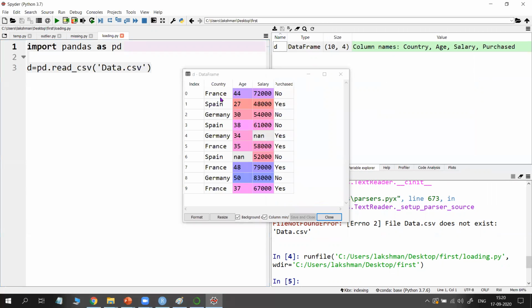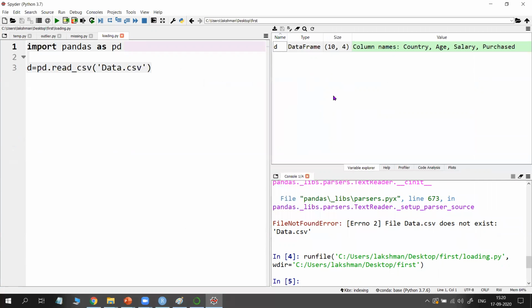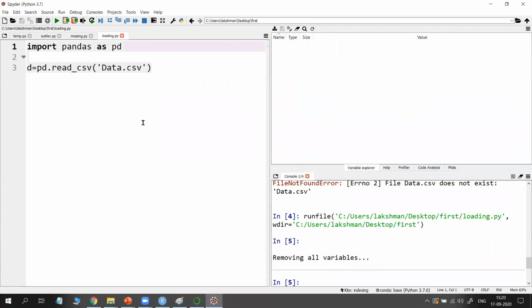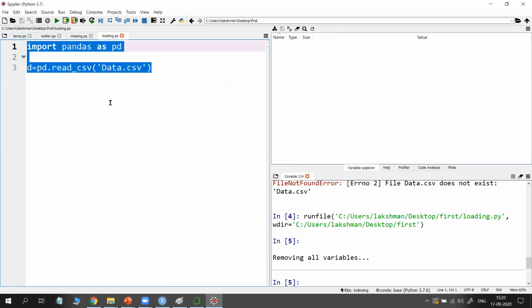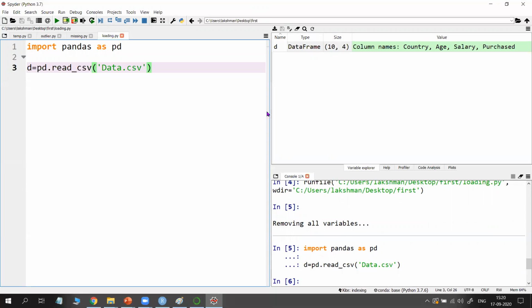If you open D, see, the dataset came here like this. But if you want to do it from the start, for example, see here there is a button, you just click and remove it. Now try to execute these two lines. Select and F9. See, only two lines are there. Without selecting, you can also just click run. But as in our machine learning algorithms in the later sessions, I am showing you to execute in a step-by-step way. That's why I select these two lines and execute.